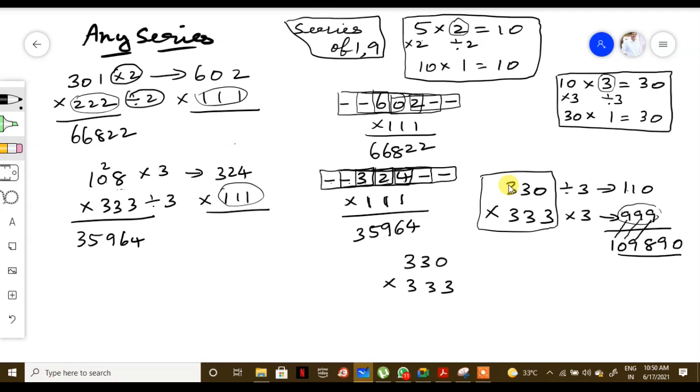Okay. Now I divide this term by 3 and make it a 111 term. Correct. So since I am dividing this by 3, I have to multiply this one by 3. Correct. What do we get as the answer? Here it is 990. Correct. So since we are having here 111, we have to go with the series of 1 method. So we solve this problem. So what we got here is 990 and 111. Okay. We have to multiply.